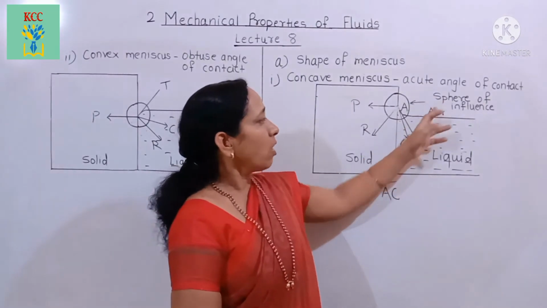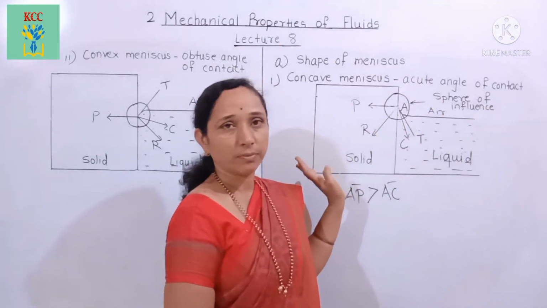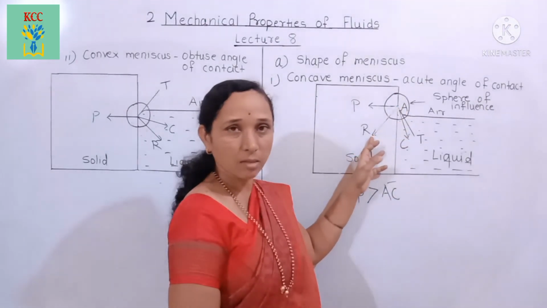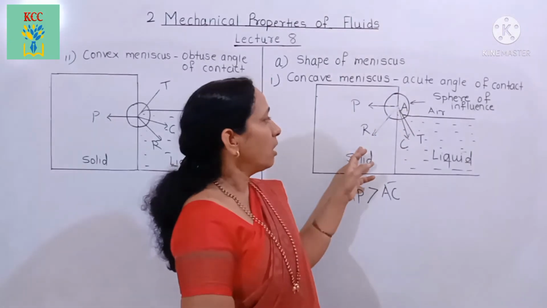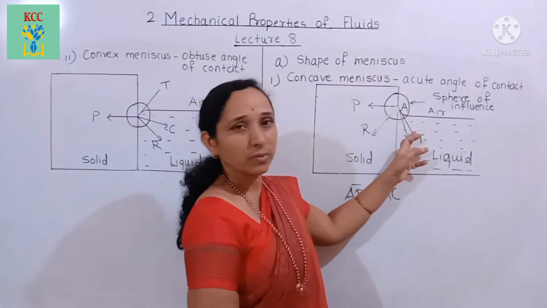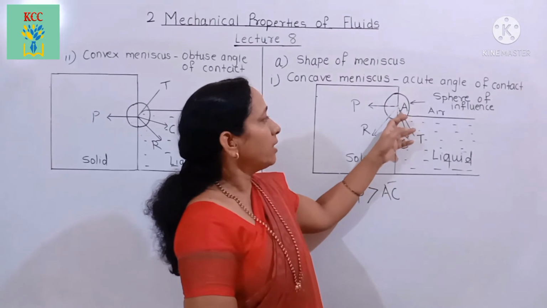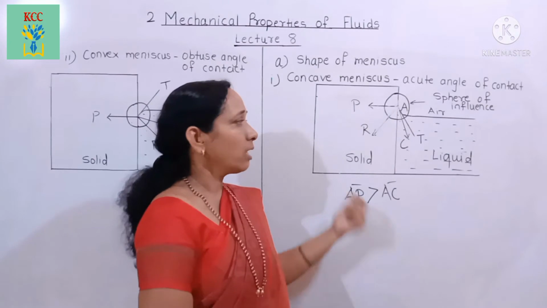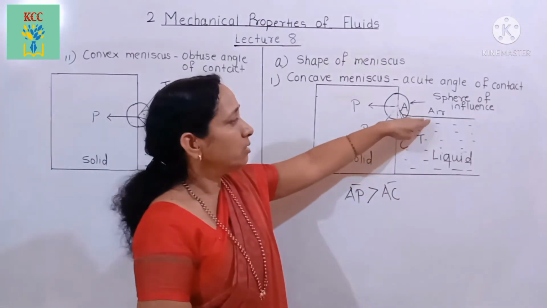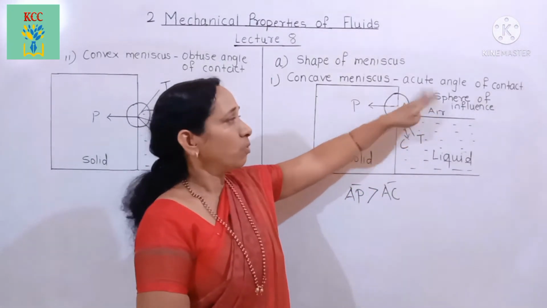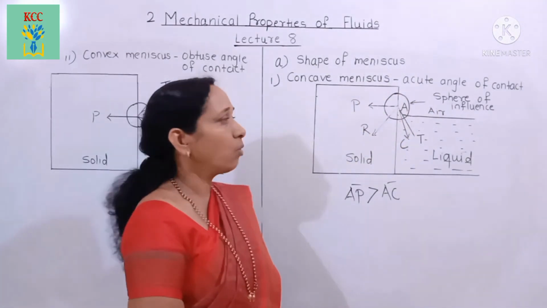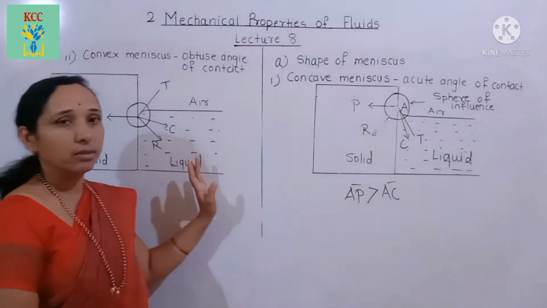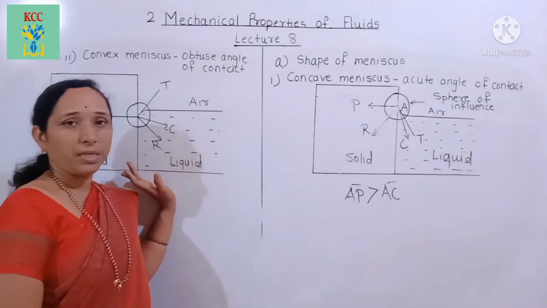Here angle of contact is acute. AP bar greater than AC bar, therefore resultant force AR bar lies in a solid, and to become this normal, here molecule like A of a liquid rises up against the boundary of a glass wall. So meniscus becomes concave. Now how does the meniscus become convex? For this consider mercury glass pair.